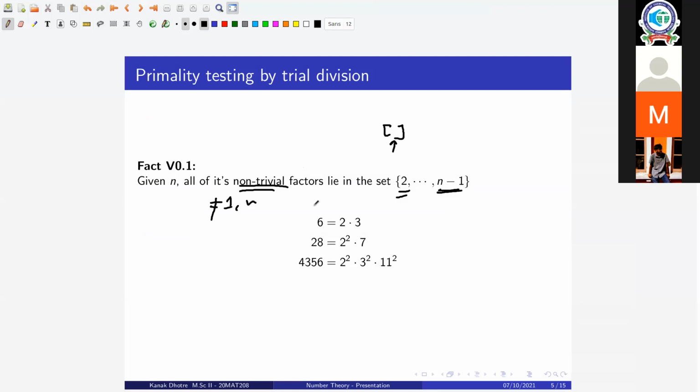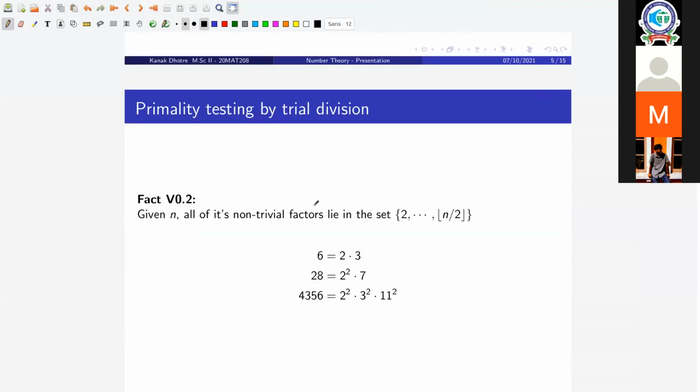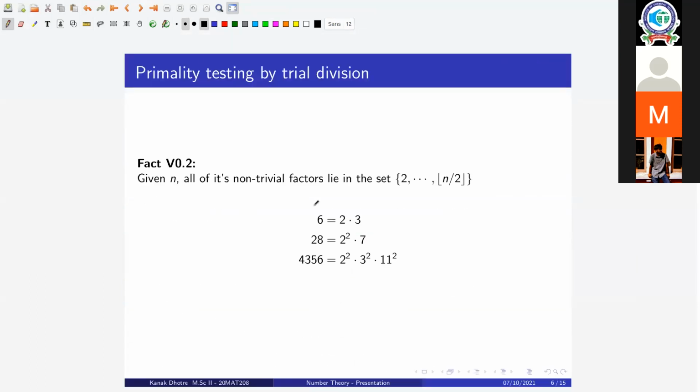You can reduce it to root n. Okay, that's actually a step ahead of what I was thinking, but we'll come to that as well. One option is you could just look at integers in this range essentially. Why this is true, you could just try it out for yourself. You could write 6 as 1 times 6, 2 times 3, 3 times 2, then 6 times 1, etc.